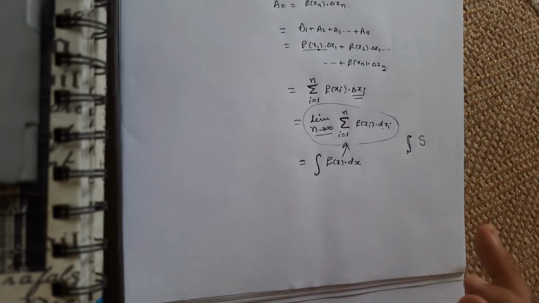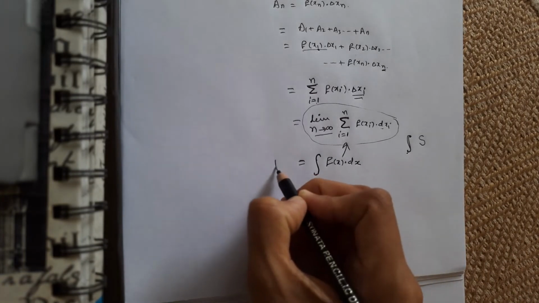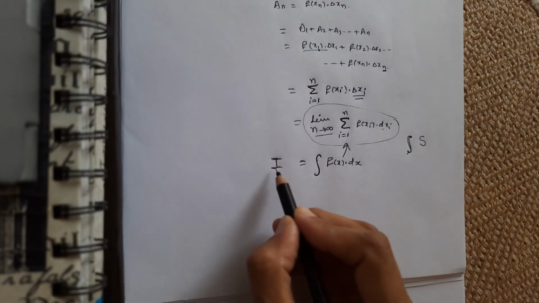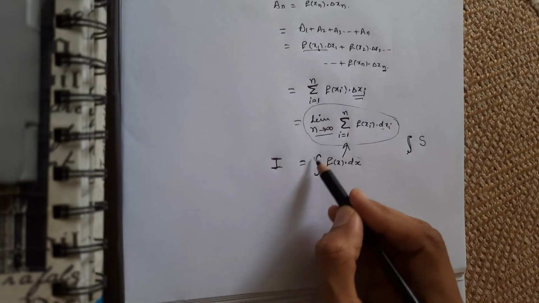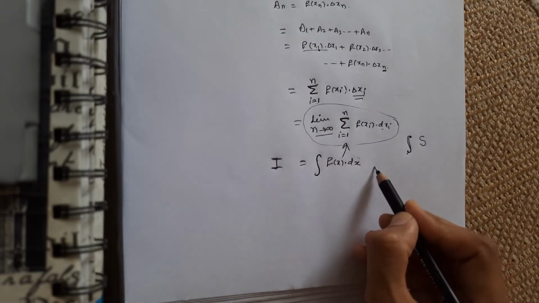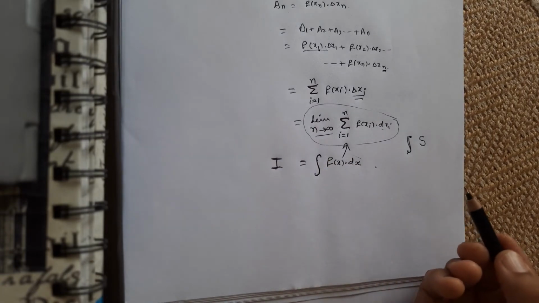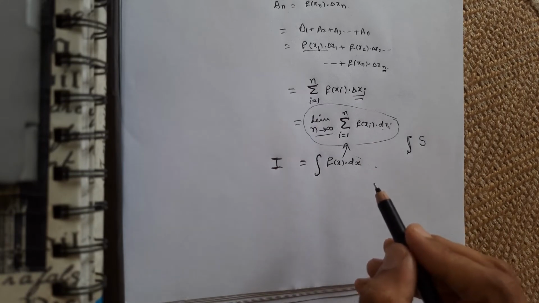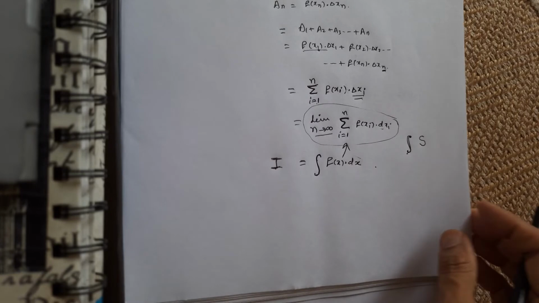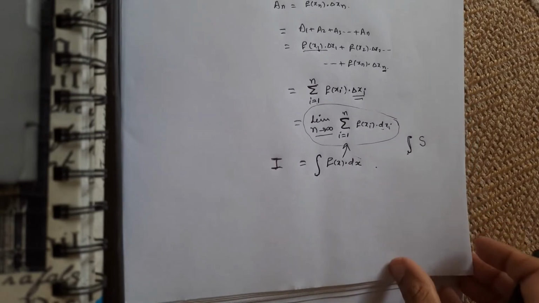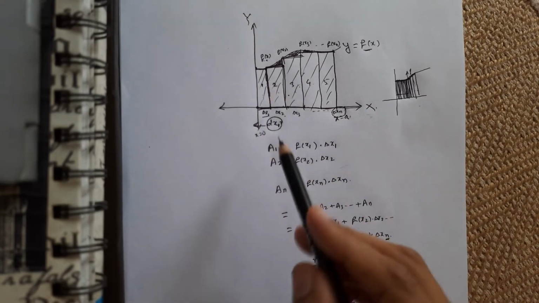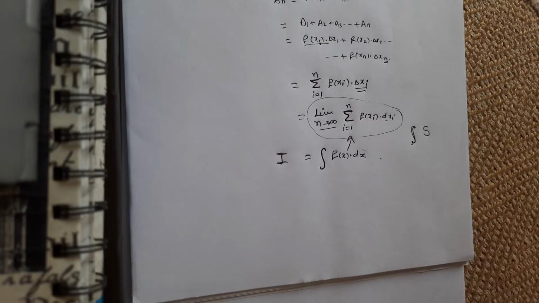Okay, I hope you understand this, and we represent this by I. So I call this integration, I equals, and if I write it like this, whenever I solve it, the value is called the integration of the function. This is the integral of the function. Okay, I hope you understand the definition. It is simple, and you understand how we got this integration value here.